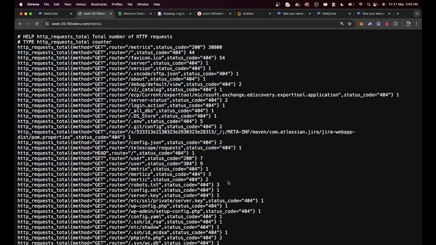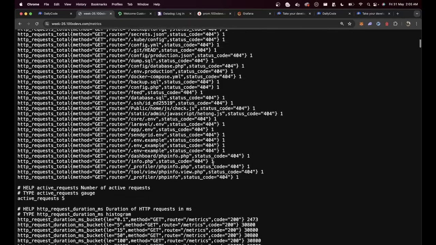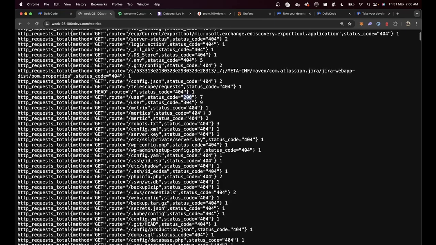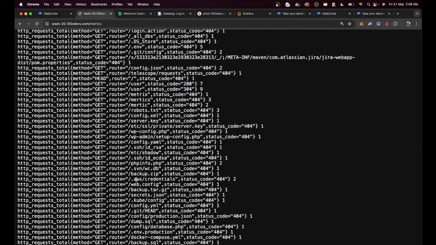What does this log? What do you see over here? It says /user was hit 7 times when it returned a status code of 200. It is like a very big log of all my endpoints that have been hit. In fact, you can see some people are trying to hack my systems. They're trying to send a request to